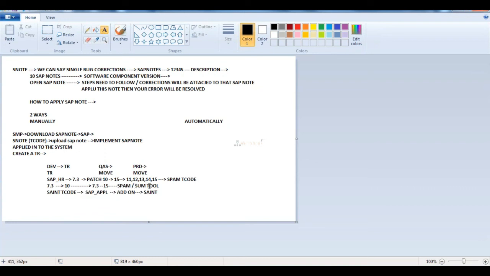And for the SUM tool, I will try to show you the practical, but there is no possibility because we do not have licensed software in our institute. So we don't have a solution manager system. If you need to maintain a solution manager system, we need some licensed software.